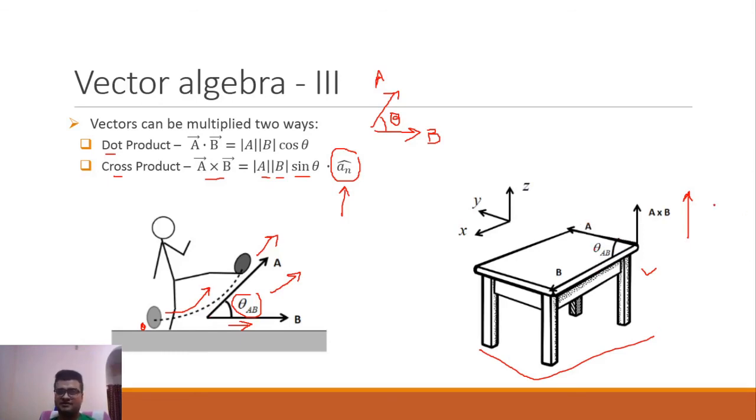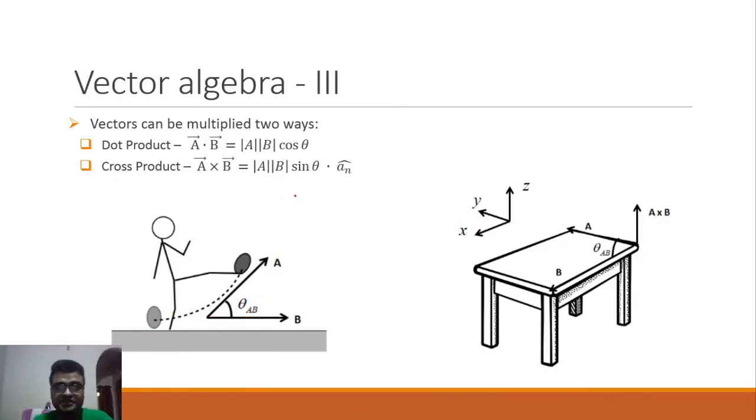So coming back to the example of the table, let's say the unit vector a_n is the direction of this multiplication of A and B, and we know that the direction of the unit vector from the floor is, let's say, a capital N. And if we know that a small n and a capital N both are pointing in the same perpendicular direction, we can surely say that the table is flat, as the floor is also flat. They are parallel to each other.